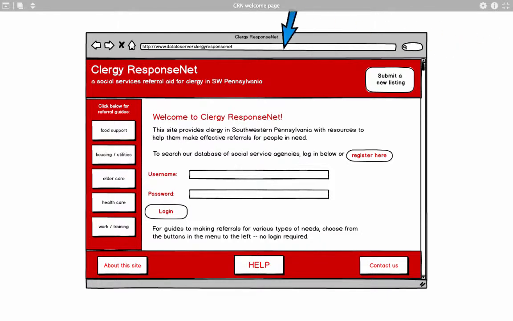So this top banner here with the name of the site is always clickable, so people can come back here to the front page. This left menu that has referral guides, these are more detailed guides that people can view on the screen or download to give them a broader overview of providing assistance and connecting people with social service resources on larger topics,